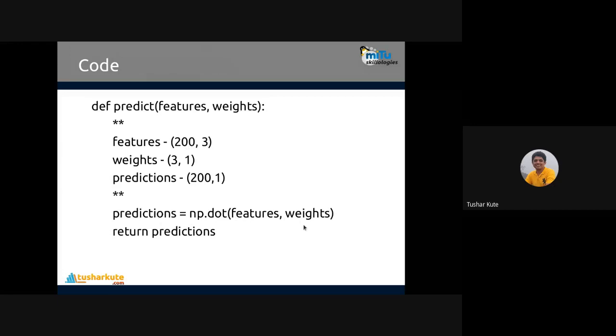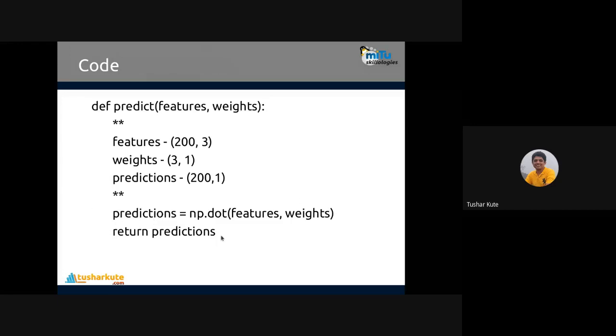Features into the weights. So weights, what we have, three weights. Every element in the first row, first column of it, then second column, then third column, then go to the second row, first column, second column, third column, then the next row, first column, second column, third column. It's multiplying, and according to that, the predictions are created here.